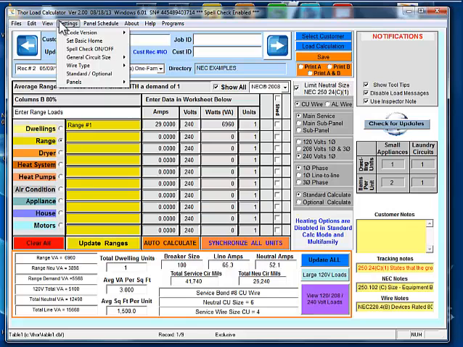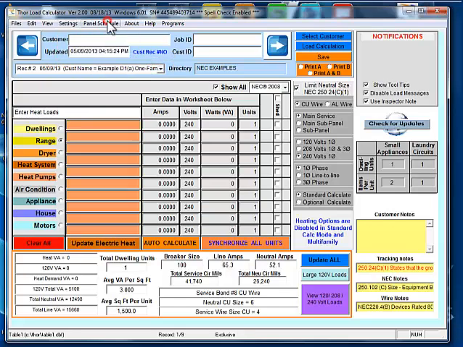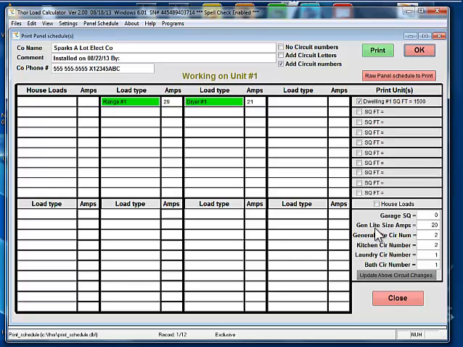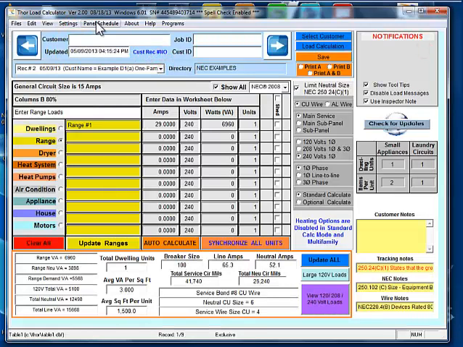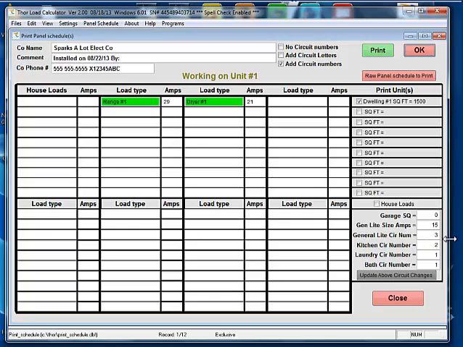Panel schedule, getting back to this general circuit size, let's go ahead and set it for 20. If we go to panel schedule, if we notice here we have our general lighting circuit is set for 20, and it calculates the square footage that we require 2 general circuits for general lighting. If we go back and change it to 15 and then go panel schedule, notice that now it requires 3